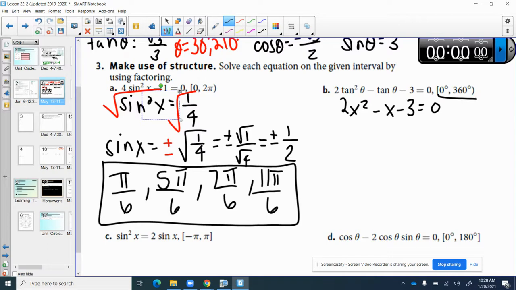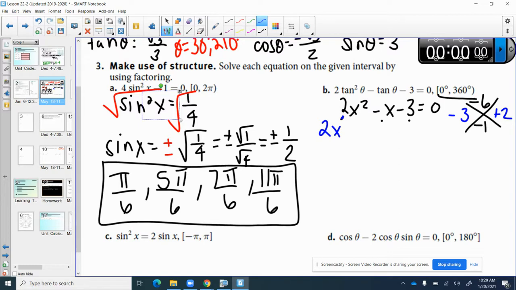If I asked you to factor this, you would use the x method and say, okay, what multiplies to be a times c and adds to be b, negative 1? Well, that would be the values of negative 3 and positive 2. They multiply to be negative 6, but they add to be negative 1. So when we rewrite this, since this has a